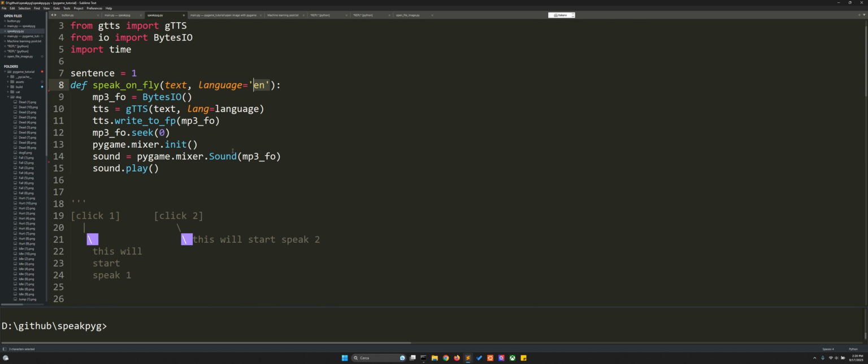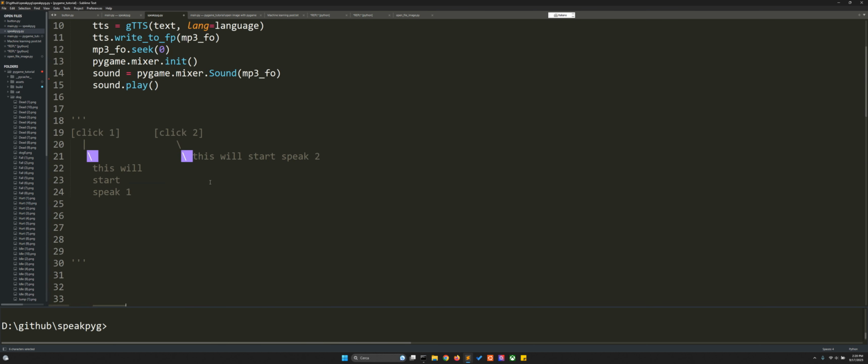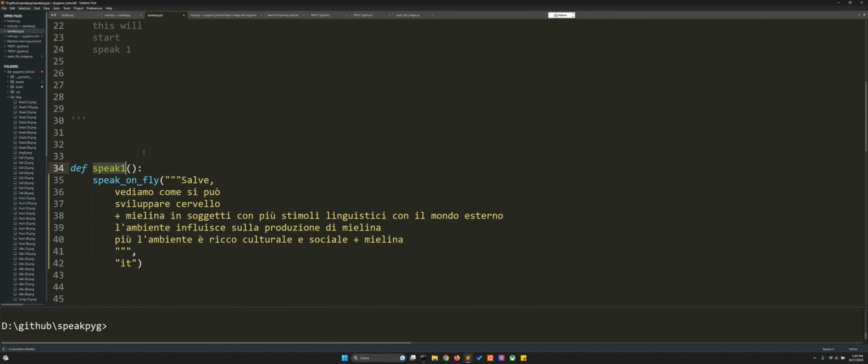It's English by default. We want to talk in Italian like this. And who calls this other function that sends the text to speak on the fly, that we can also call speech fly